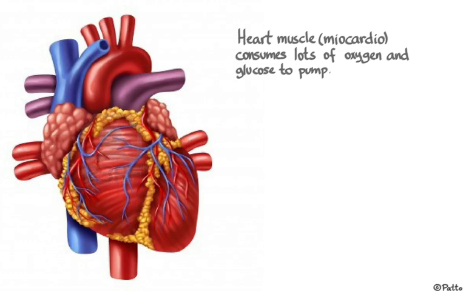Remember that diffusion is very efficient up to 1 millimeter, but the heart muscles are thicker than that, so the blood passing through the atrium and the ventricle wouldn't be able to diffuse oxygen and glucose to the tissues. And in addition, the right side of the heart receives deoxygenated blood, which wouldn't have enough oxygen